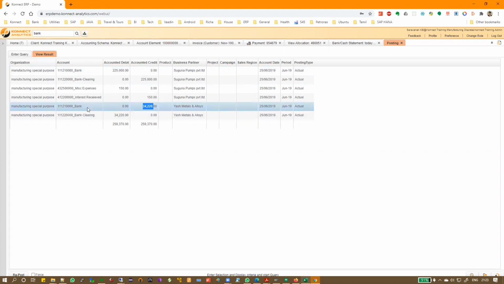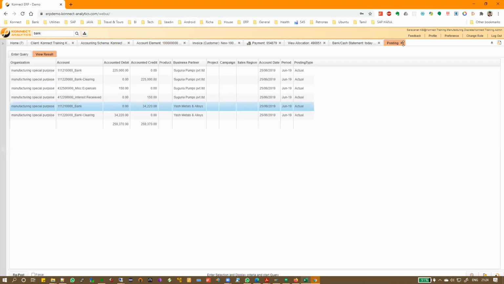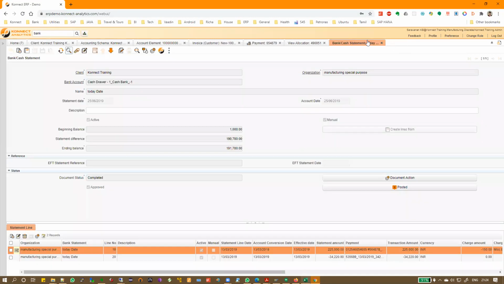This is when the reconciliation of the check happens. So first the check is issued, there is a document, then we saw the allocation document, then we have the reconciliation document. All of these three will sum up to total debit equal to total credit. So these are all indirect postings.